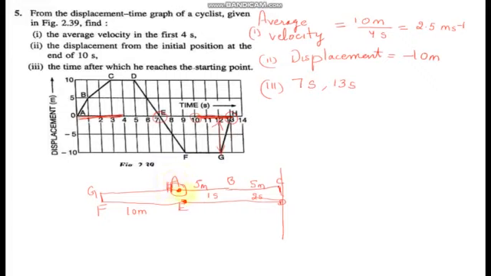Now again ये दोबारा से initial position पे कब आई है? After 13 seconds. So these are the two times. The ball started from A, then to B, then to C, then it remained stationary, and then it started moving back from D to E, and it reached this, that is after 7 seconds. Then it again started moving further away from initial position. From E to F, it remained stationary for some time, and then it again started coming back. It again came back at initial position after 13 seconds. So hence this is the answer.